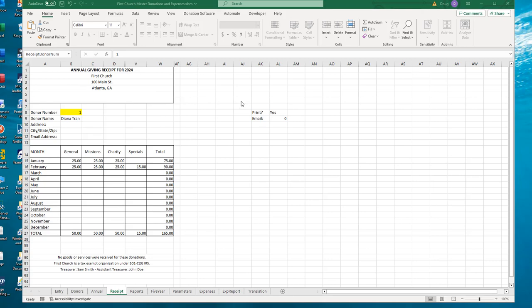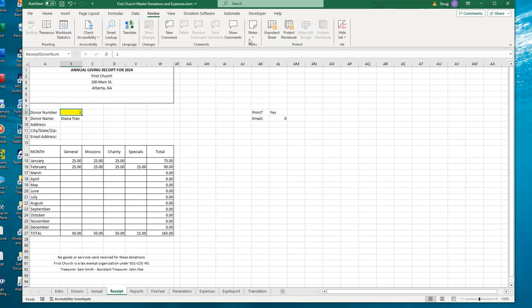If you remember from earlier videos, most of the tabs here are protected, meaning you're not allowed to make changes to it. So step one is we simply come here to the review menu and we unprotect this sheet. Now that it's unprotected, we are free to make changes to it, changing the formatting, the width of the columns, the height of the rows, any of those things, but it also includes adding the